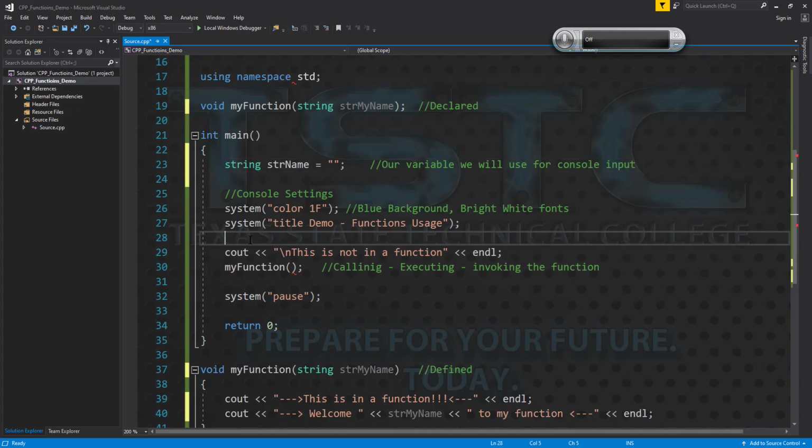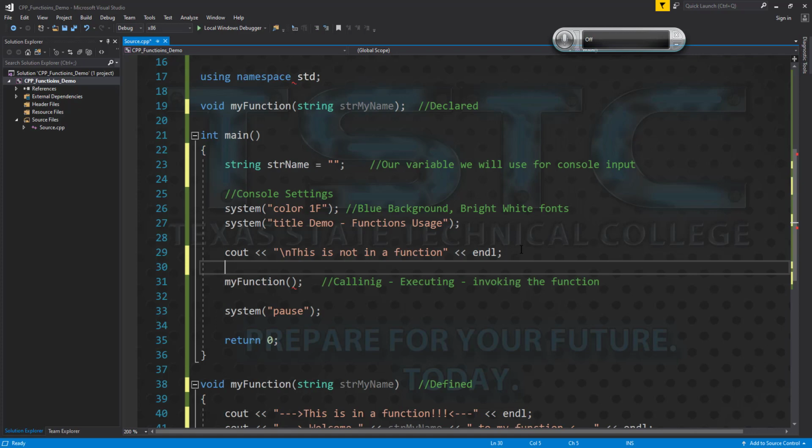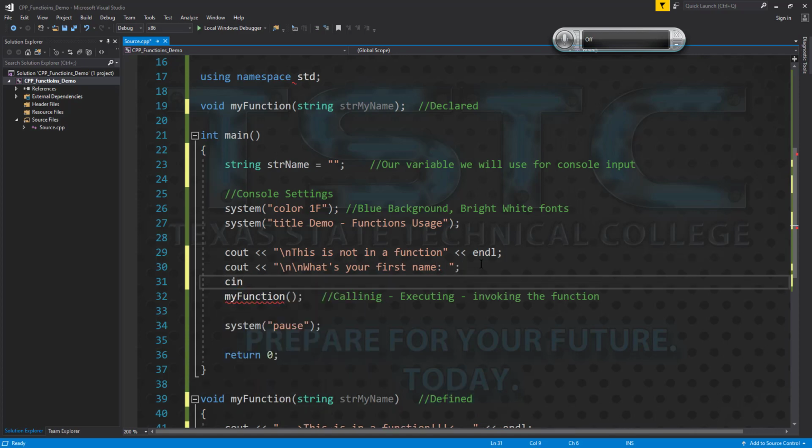So we're going to come down below our not in a function line, before our my function. We're going to use our console output, cout, and we're going to say \n. Let's do another \n just to make it look a little bit better. We're going to ask, what's your first name? Do our space, end our statement. Then we're going to use a cin,